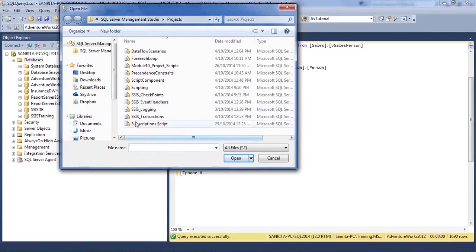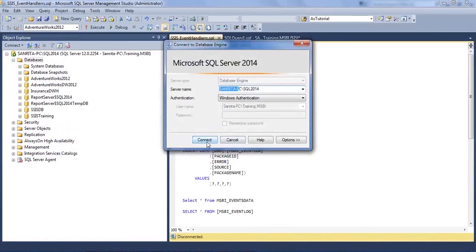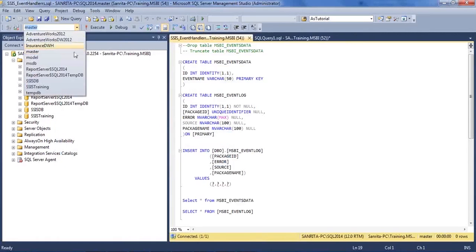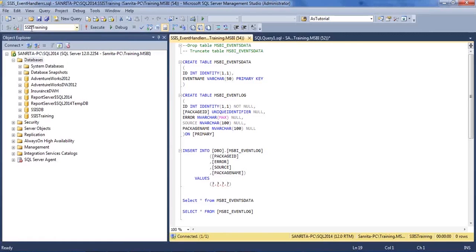So I have some scripts which I have prepared for event handlers. I'll just connect it. I'll use a database called SSIS training this time. This database we created in the last class. We have created a database called SSIS training. Right. So what I'll do is